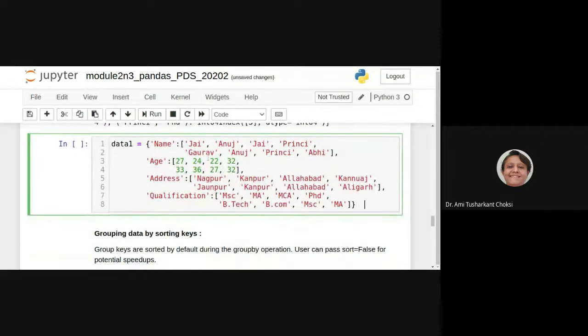What should we do for Jai and qualification, right? Here it is MSc. For the second and third is also Jai. For that, let me give the same value, MSc, right? We have seen that if it is different, then it creates separate groups. Now, if we give the same value, what does it do? Let's see that.